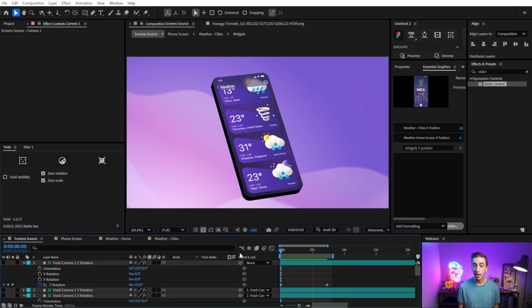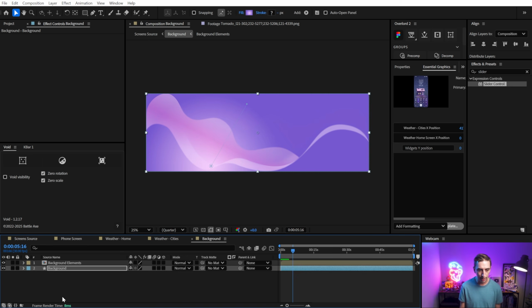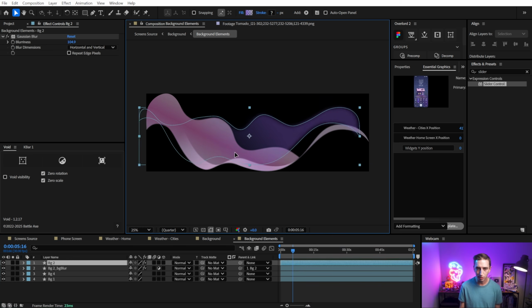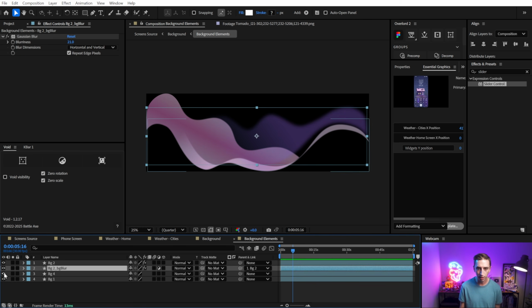taking place. And then just for good measure, why don't we also give a little bit of movement to the background so it's not quite so static. So let's go into the background layer, into the background elements, and I just wanna slowly have these elements drift. So it looks like we've got a BG blur layer that